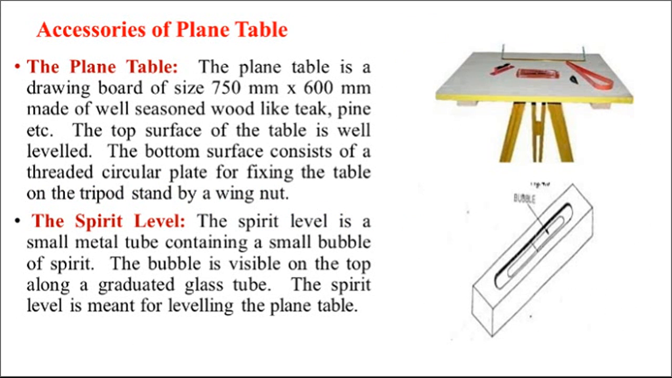Then when we are doing the plane table survey, we have to use different accessories. So these different accessories we will see one by one. First one, plane table or drawing board. So this is the plane table or drawing board. The size of this drawing board is about 75 centimeter to 60 centimeter, and this table is made up of, or this drawing